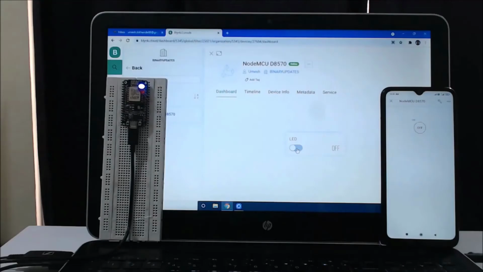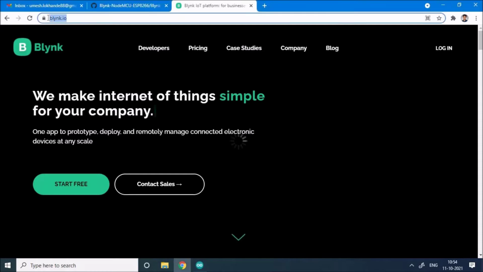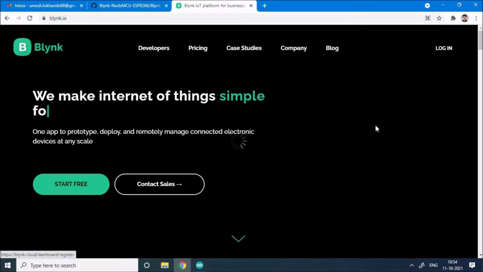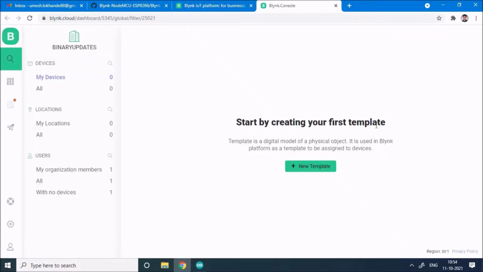Once we head over to blynk.io, that is the official web page of the Blynk Cloud Platform, we have to click on this Start Free button. Now, when you click the Start Free button, it will present you a nice, beautiful form. You just have to fill in that form and set up your account so that it will take you inside the dashboard. So when you log into the dashboard, you can see there is this button which